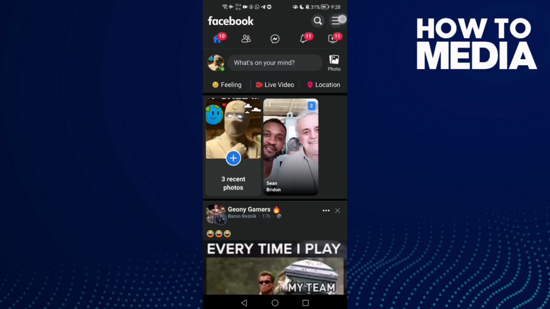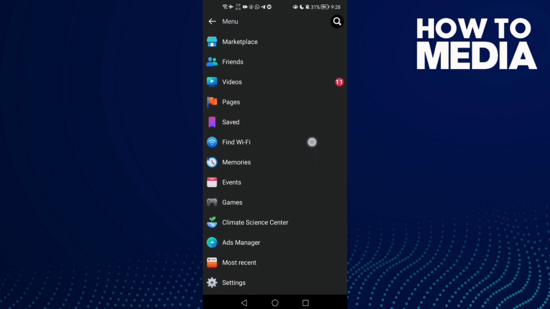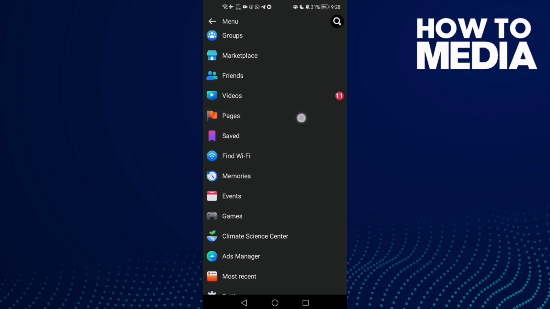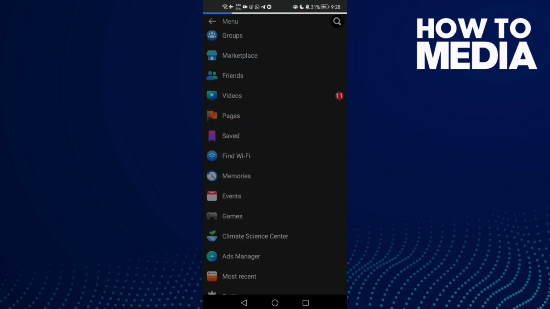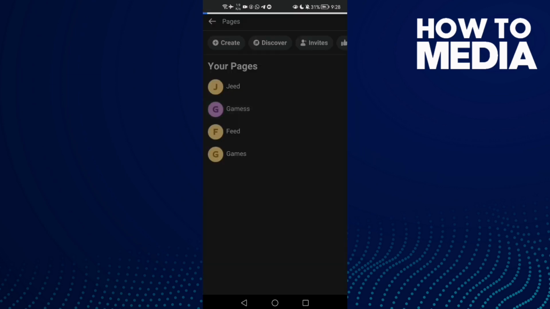Here you will find this three lines in the top corner. Click on it and then just scroll down until you find this one, pages, and click on it. Then select your page,